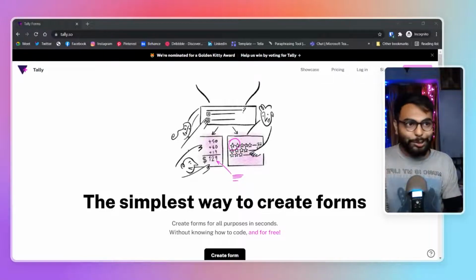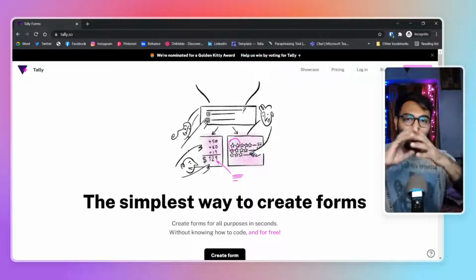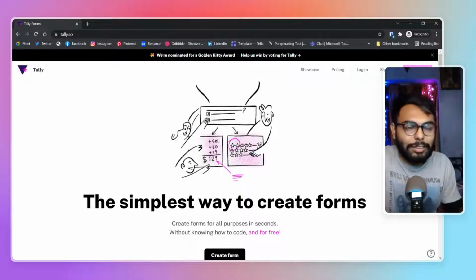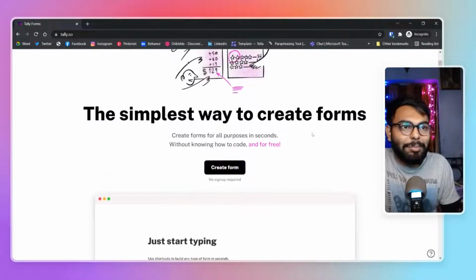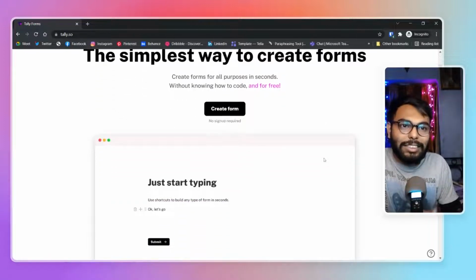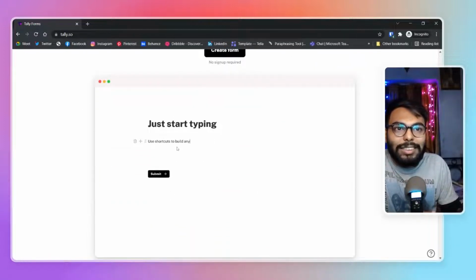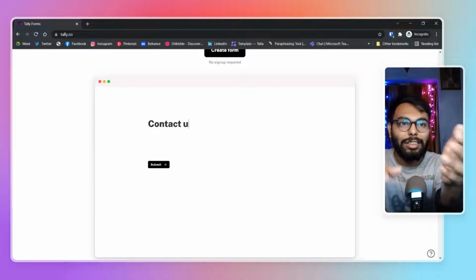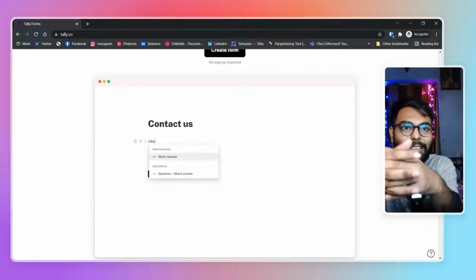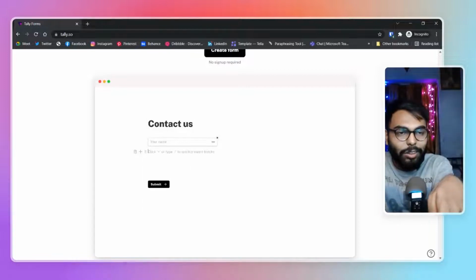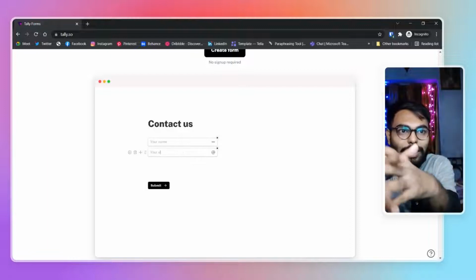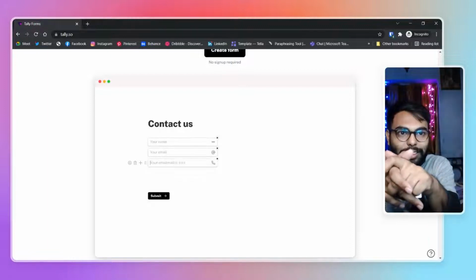First of all, obviously you can see they have illustrations like Notion, not an exact copy, but a similar kind of pattern is followed here. The simplest way to create prompts, and this is seriously the simplest way. As you can see, they are writing content as if they are writing in Notion, and also the backslash works for creating form fields and all. See,